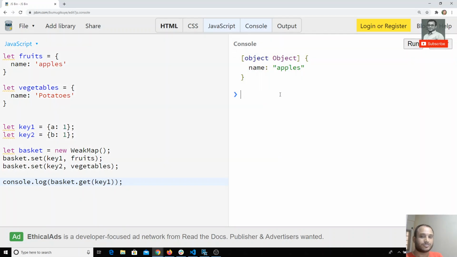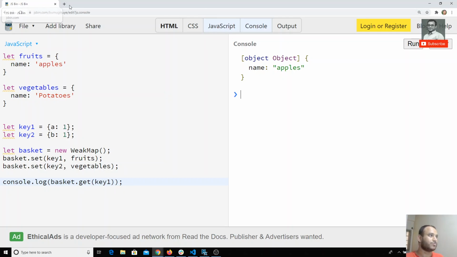See, this is the main difference between the Map and the WeakMap. You will be able to delete the data, but you will not be able to get the keys. So .keys will not work in the WeakMap, and you cannot loop over it. It doesn't have an enumerator, it's not enumerable, and you will not be able to use a for loop also.